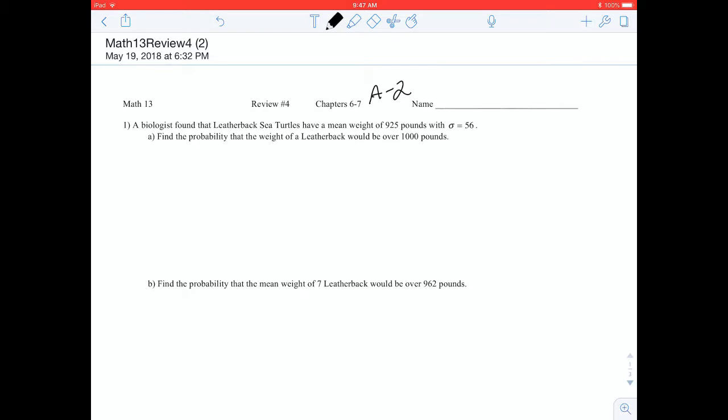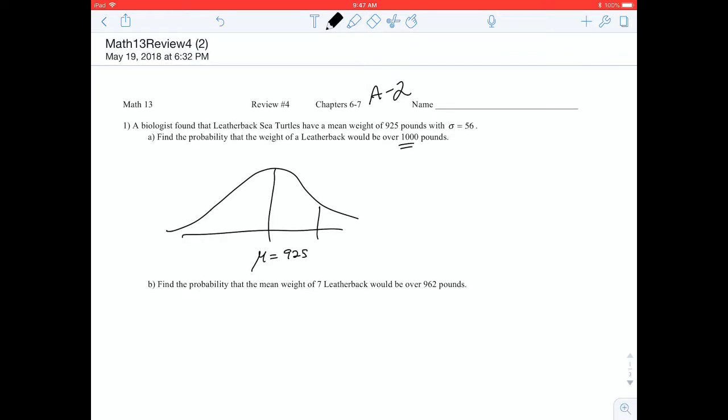So, chapter 6 is about using table A2 and the z-score. So, there is a normal distribution. You would always put the mean in the middle. So, the mean is equal to 925. And then the question is saying, for a single leatherback turtle, what's the probability that that turtle weighs over 1,000 pounds? So 1,000 would be over here, so it'd say x equals 1,000 pounds. Over means to the right,